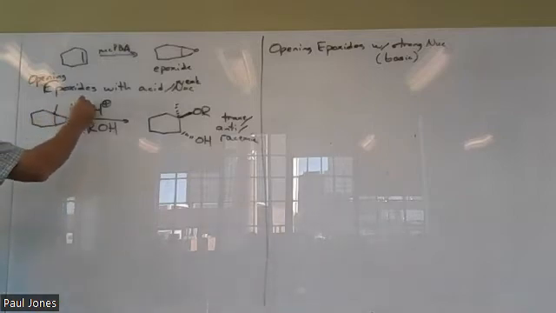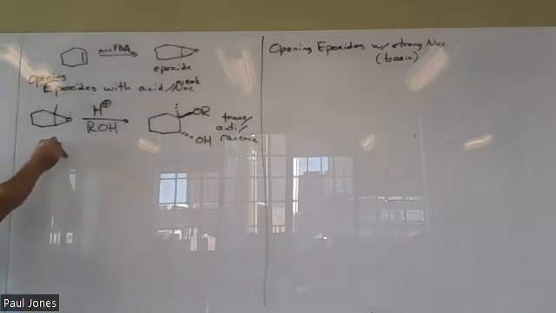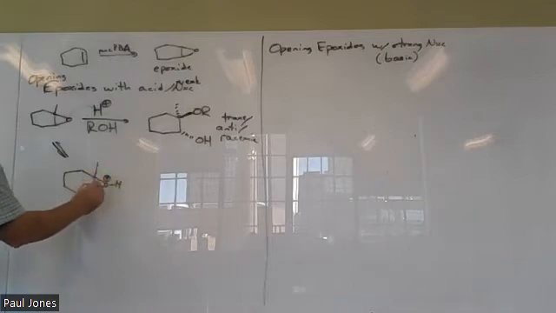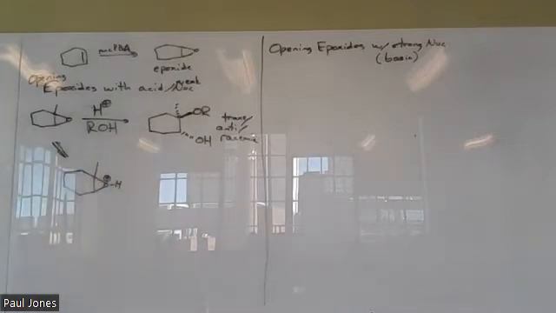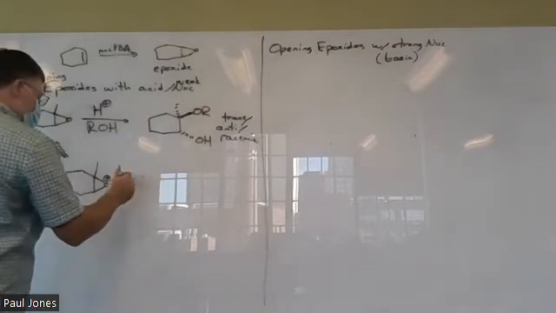The mechanism is going to be the epoxide oxygen grabbing a proton. Again, we have to protonate. We have a weak nucleophile. That weak nucleophile is not going to come in and just boot out whatever. So we've got to protonate it to make it a stronger electrophile. And then, well, however you want to view this,